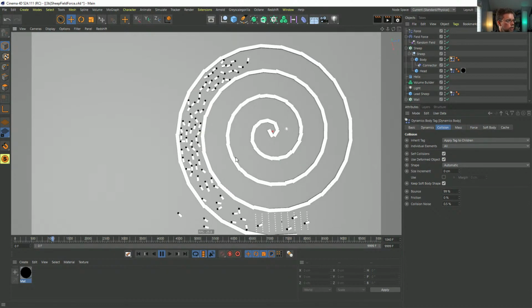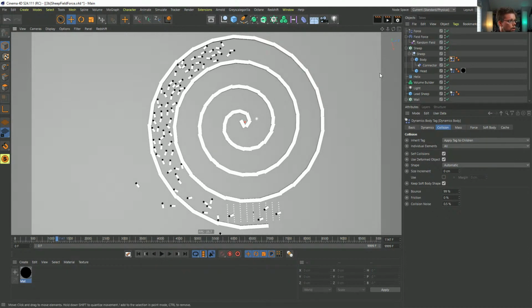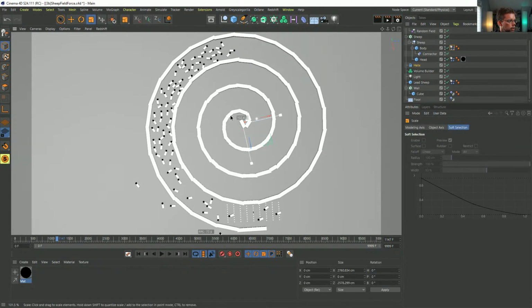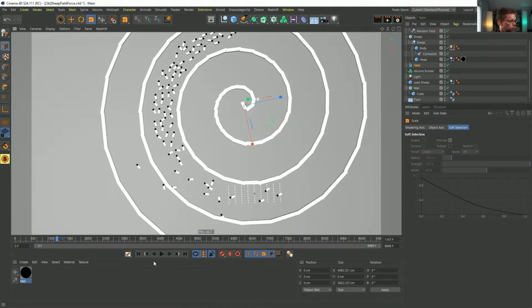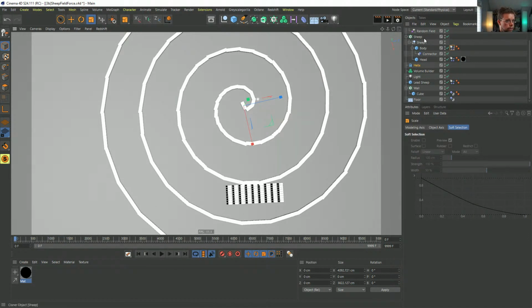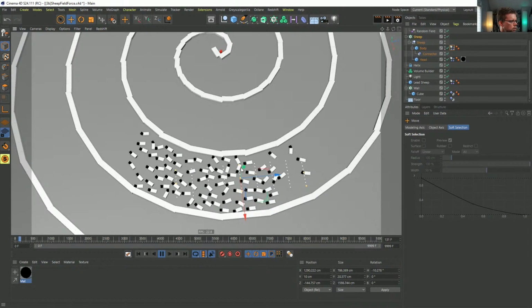Anyway, what I was going to get to is an idea of them still wanting to stay clustered together. So let's give them a little bit more room. Grabbing the original helix, T for scale. Just scale that up a bit so those roadways are a little bit larger. And our sheep. Gather up a little bit more. We'll give them a little more space. Pew. Adorable. Okay, so now we've got all of those going around, doing their own thing.